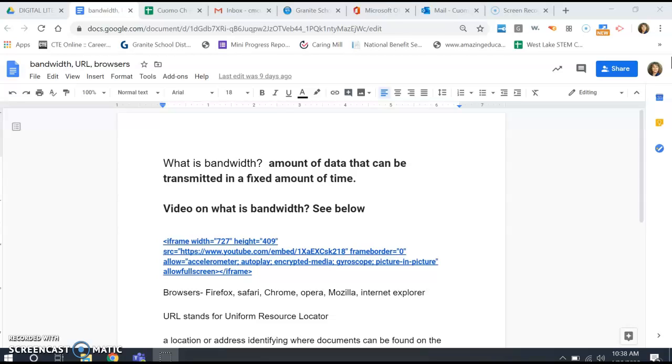Don't forget about the Google Meet on Monday at 2 o'clock. We're going to go over scams and identity theft, and then we're going to have a project that's left. So I would take advantage of these few weeks and make up any work that you owe. Feel free to do a Google Meet with me one-on-one because I'd be more than happy to help you with